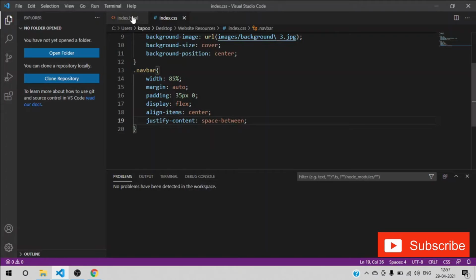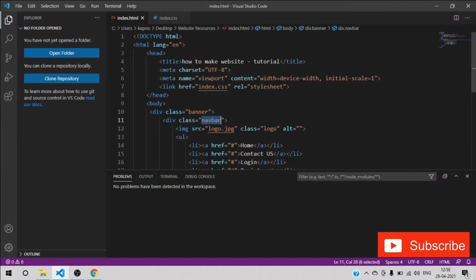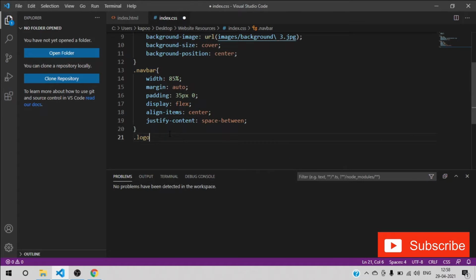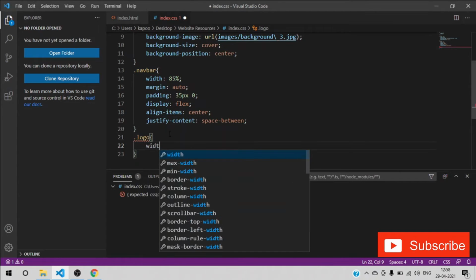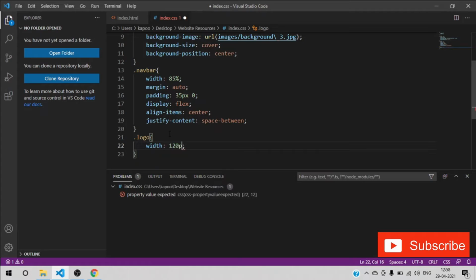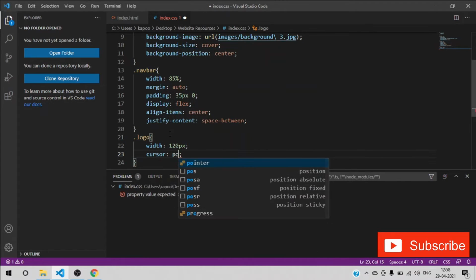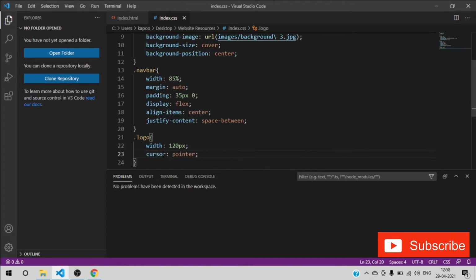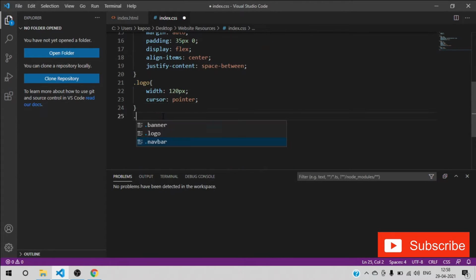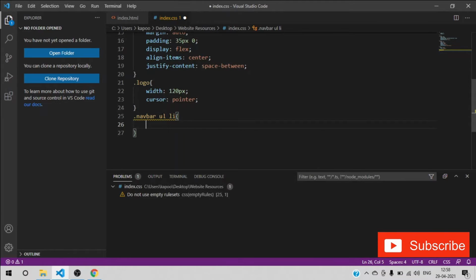Okay, so then copy the class of logo name, and then we will be giving the CSS to the logo. Just make it width as 120px, cursor as pointer. Okay, and then just give the CSS to the list items that we have inside the navbar.